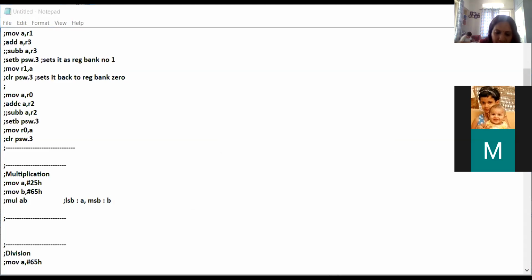So the next part of our today's presentation is assignment number 8. Assignment number 8 is nothing but a block transfer assignment, that is just internal to internal memory and internal to external memory, which is the smallest code in your program. It is very small, and it is very easy to implement from the other code or from the other program.